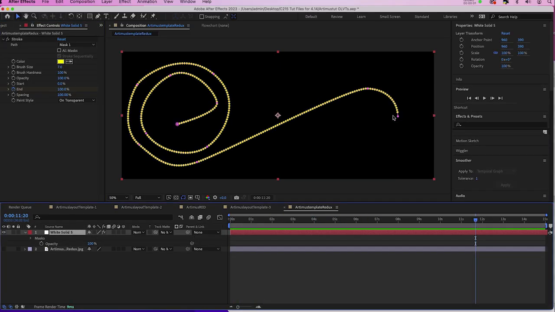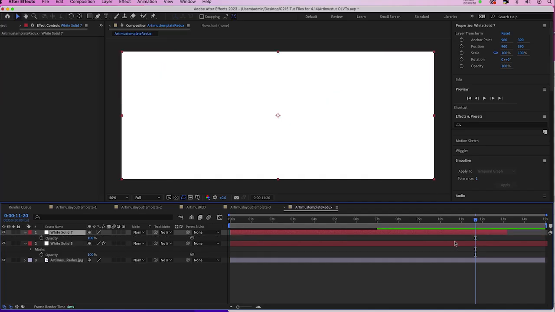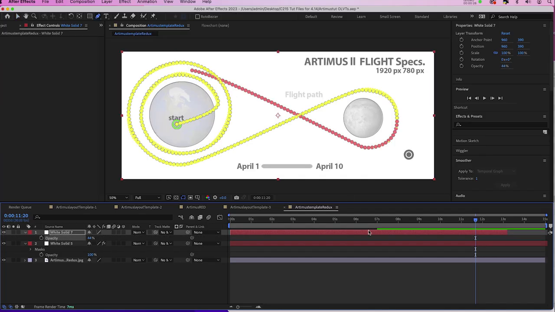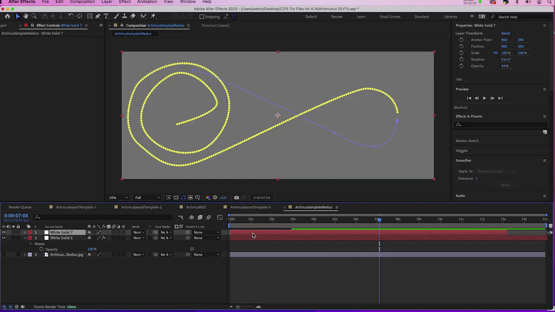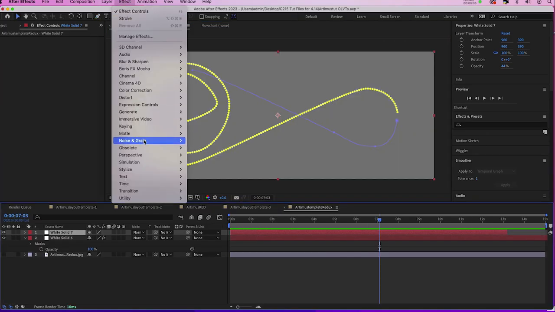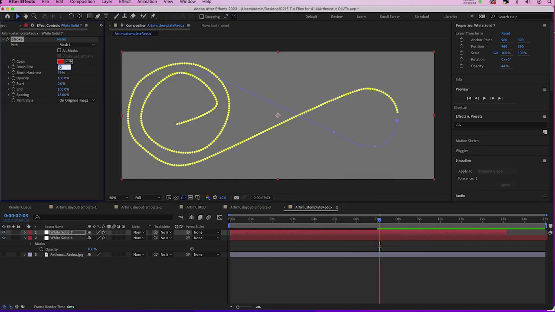Now I'll make the red path that comes from behind the moon back towards the direction of Earth. I'll put my template on. I'll make a new layer and I'll drop the opacity. I'll hit G on the keyboard to get my pen tool and I'll draw the red path. With the new layer and path selected, I'll go to Effects and Generate, Stroke, make it red, brush size 7,